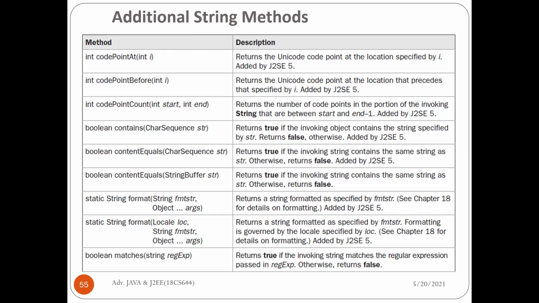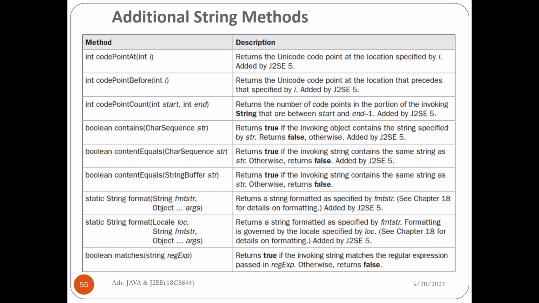On any string you can call this method, and it will return the Unicode point at that location. Here location means the index. Then codePointBefore returns the Unicode point at a location preceding the index specified by i.